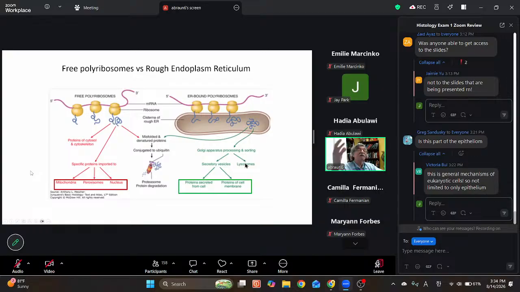Lysosomes are the garbage disposals of cells. They will digest cell membranes. They will digest old, worn-out organelles. They will digest materials that are taken into the cell from the outside world